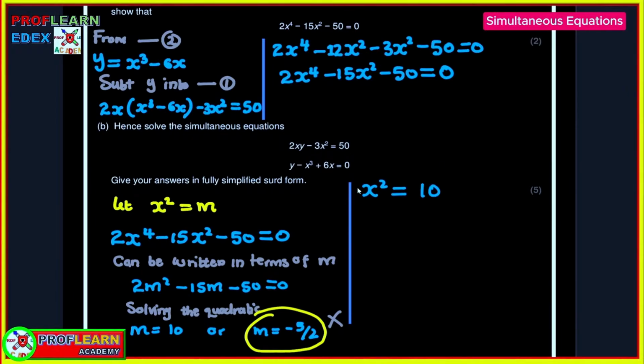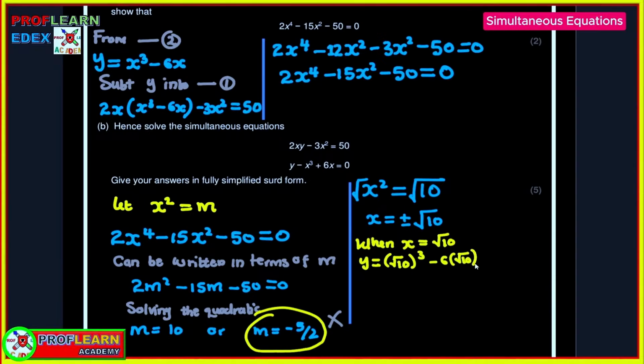Then we say our m is 10, then we can find the square root of both sides, and our value of x is going to be plus or minus root 10, because whenever you find the square root of a number, you have two answers, positive or negative. For us to find the value of y, we are going to substitute x into the equation we had there, which was y equals x cubed minus 6x. When x equals root 10, we're going to get the value of y being equivalent to